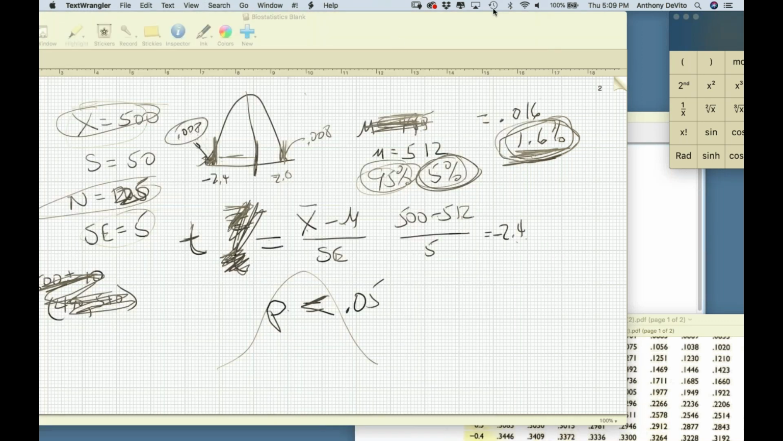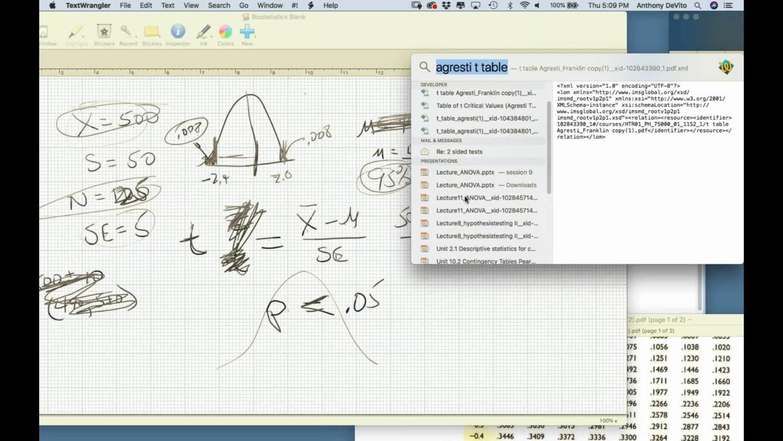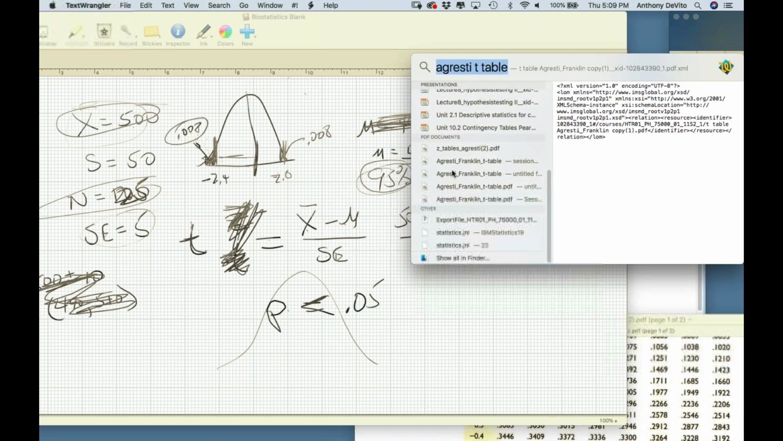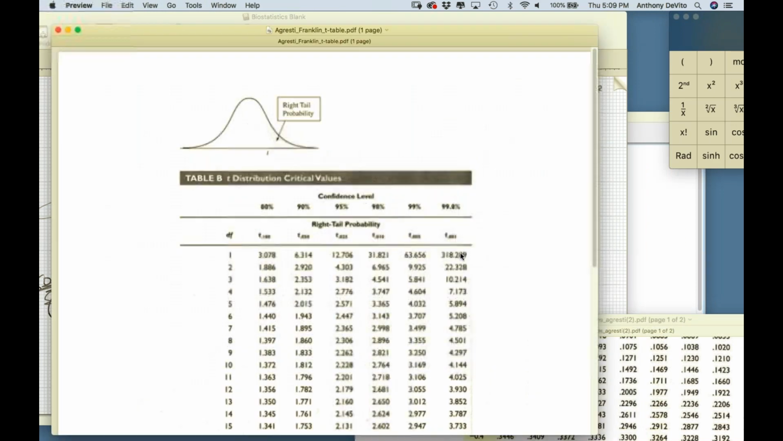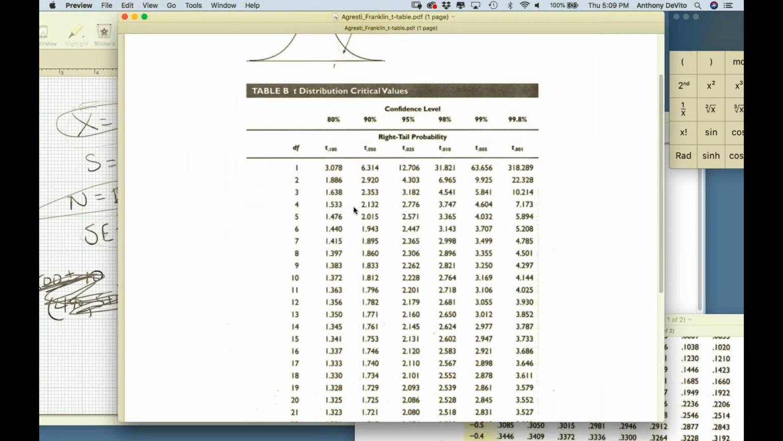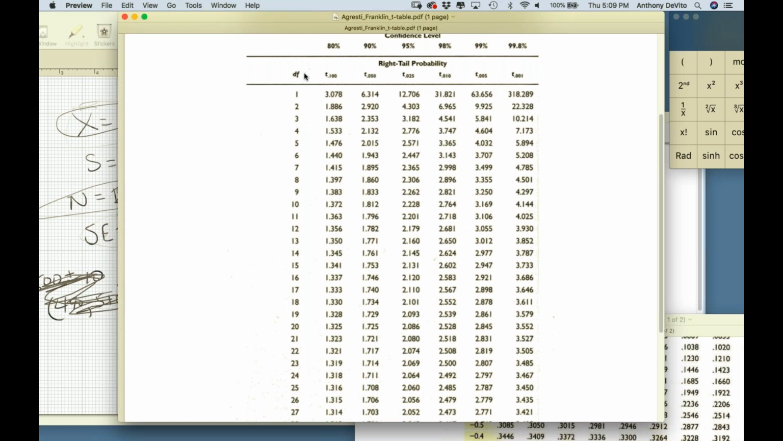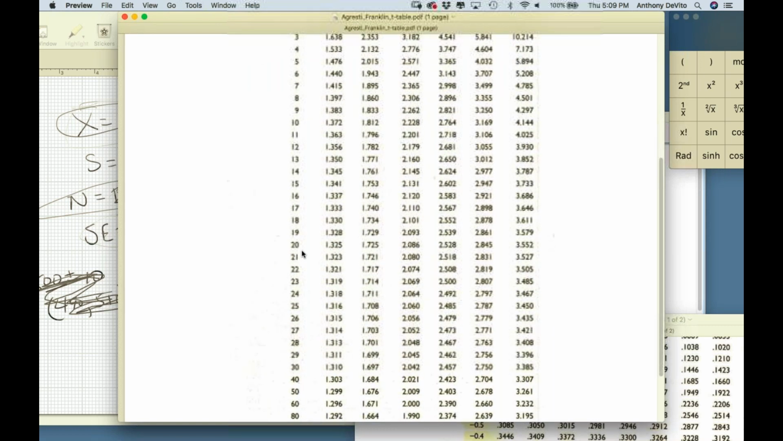Whoops, got the wrong thing there. Let's see if I can't find it. I think that's it. Exactly. So let's see what we're going to get here. So let's see our T table. So we use degrees of freedom instead of sample size. Same idea: sample size minus 1. So sample size minus 1 is